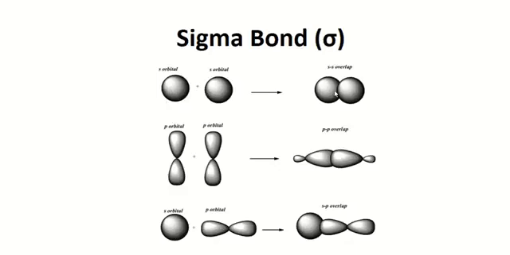They form an ss overlap orbital, and a sigma bond can also be formed when two p orbitals meet head-to-head, and the third possibility is when s and p orbitals meet head-to-head. So whenever there is head-to-head overlap, we will have a sigma bond,